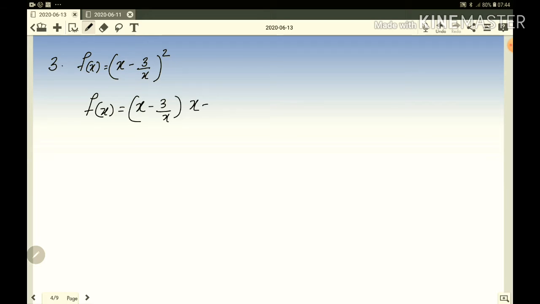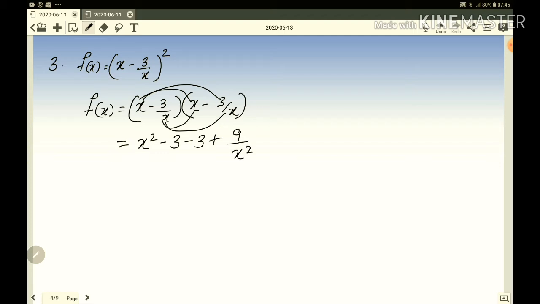And then (x - 3/x) squared we can write like this. Base we can write 2 times. Now I'm going to multiply x times x squared. x times minus 3 over x means x cancels, you will get minus 3. Then minus 3 over x times x, again x cancels, you will get minus 3. Then minus 3 over x is going to multiply the very same thing. Since both are negative, it's going to be positive 9 over x squared. So it's going to be x squared minus 6 plus 9 over x squared, right?